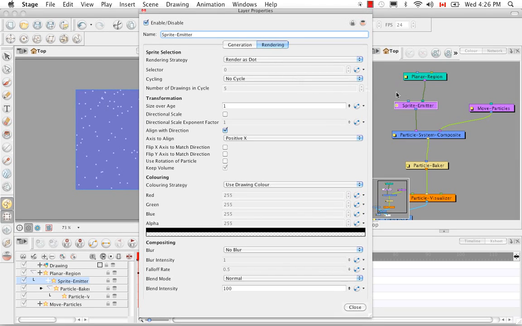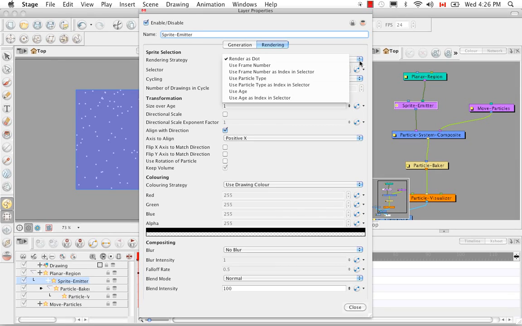However, if we had a sprite connected to the left port of our sprite emitter, then we'd be able to choose one of the other options from the rendering strategy drop-down list, such as use frame number, use particle type, use age. Underneath these 3 options, number, particle type, and age, there's a second option, and they usually go something like use frame number as index in selector, use particle type as index in selector, or use age as index